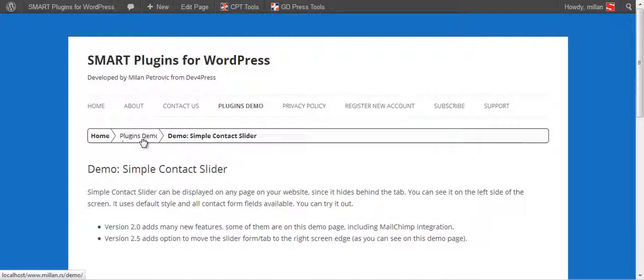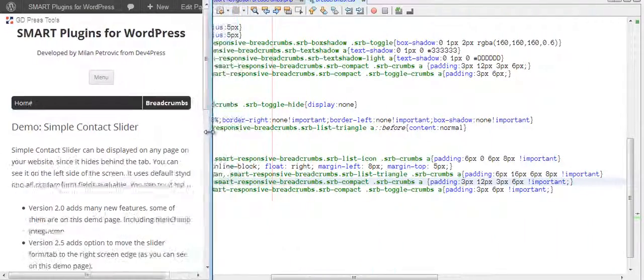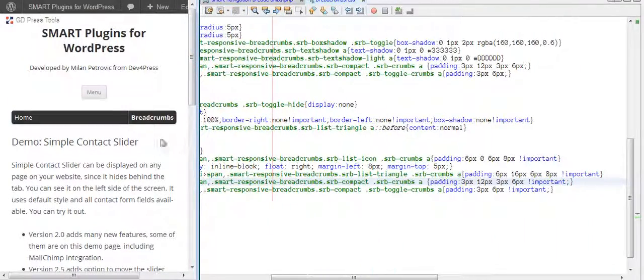This is how the breadcrumbs will look with the compact style enabled, and you can also see now how it will look if viewed on a small screen, when it will turn into a menu. And let's see, if we make the screen smaller it will look something like this.